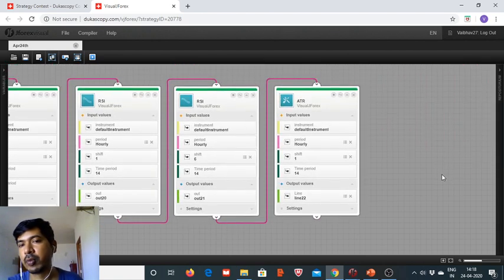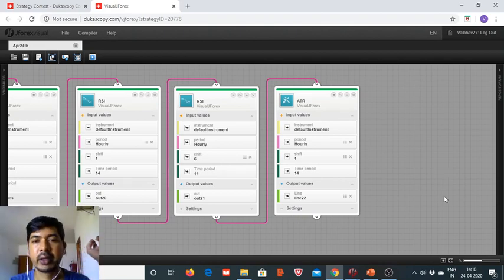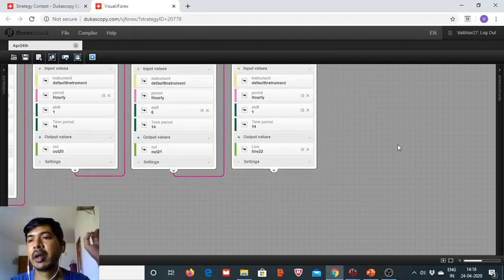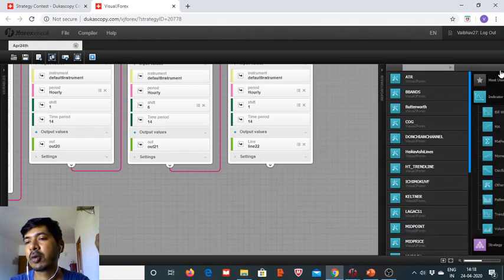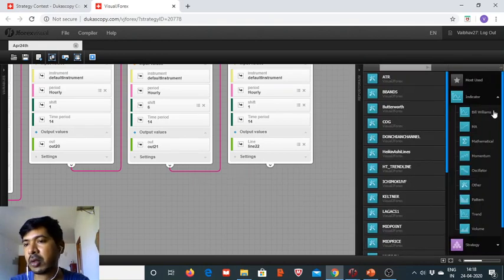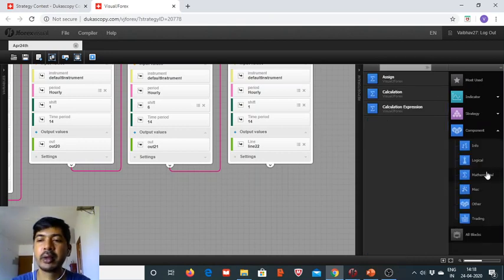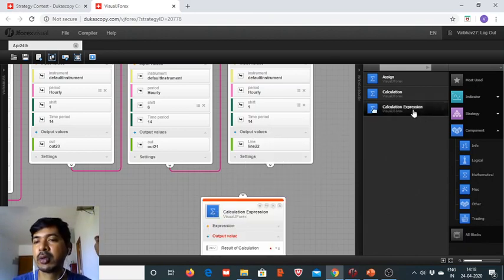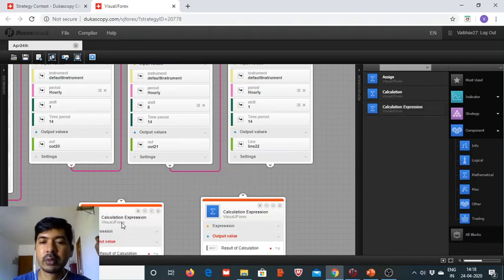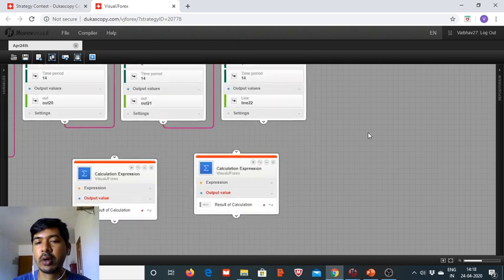Now we need to do a bit of a calculation for our entry and exit points, and for that we need to bring in the calculation expression. So we turn our attention to the components, and in that we are in need of these calculation expression blocks. So we got